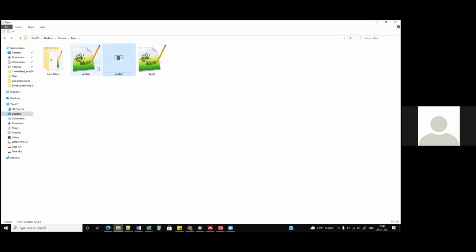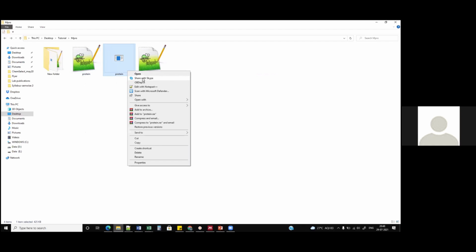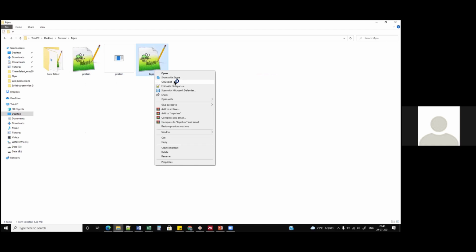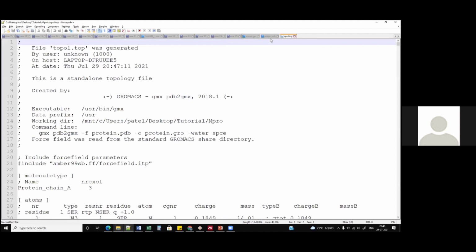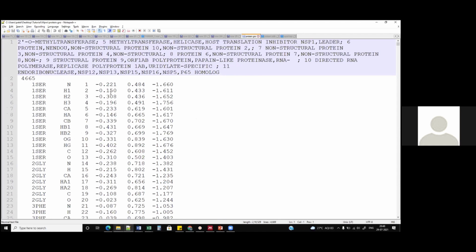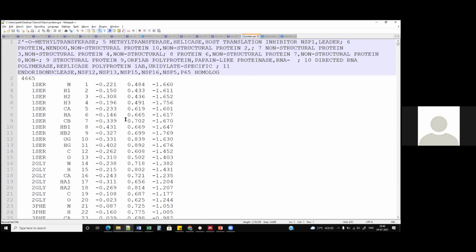Initially we had a protein file, we have converted it into protein.gro, and then we have a topology file generated over here. Let's say we had an initial protein.pdb file, which I explained to you. Now we have a GROMACS compatible format.